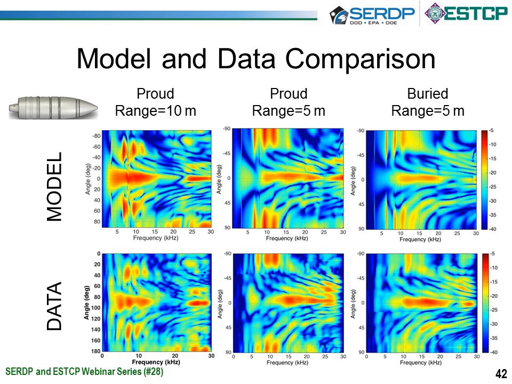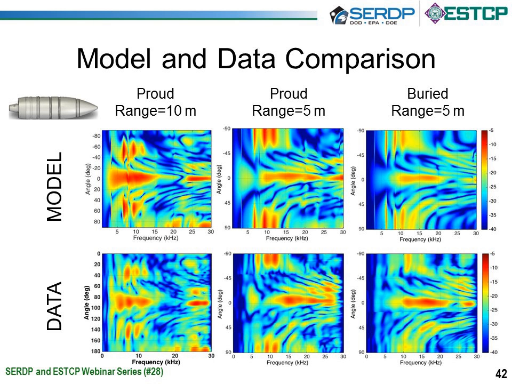So you can see these modes here at about 10 kilohertz and 60 degrees off broadside on the top left. These are flexural modes. You can see how the coupling to those modes actually changes as a function of grazing angle. So if we moved now to a range of 5 meters, our grazing angle is going to be steeper because we're at an elevation of about 3 meters. This changes where those flexural modes get excited because of the acoustic coupling. You can also see that these features are changed when you get to a different burial state.